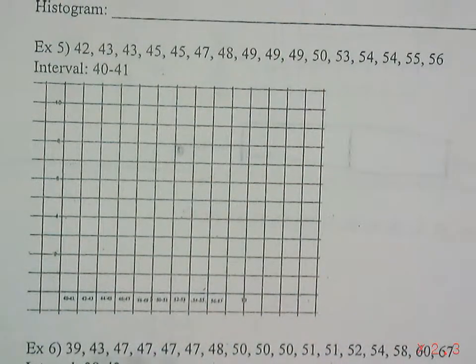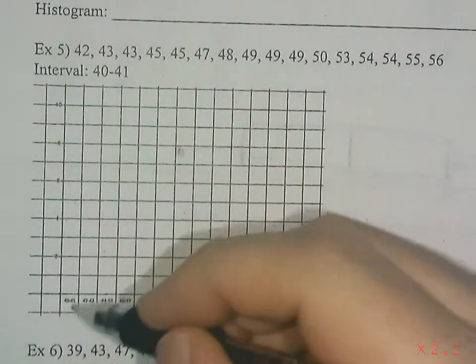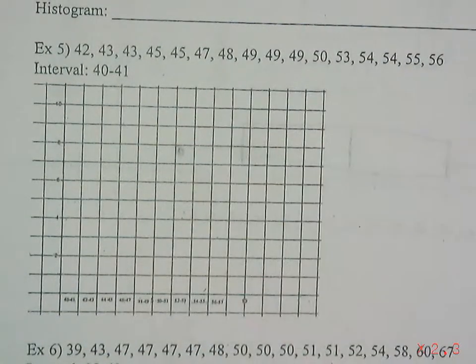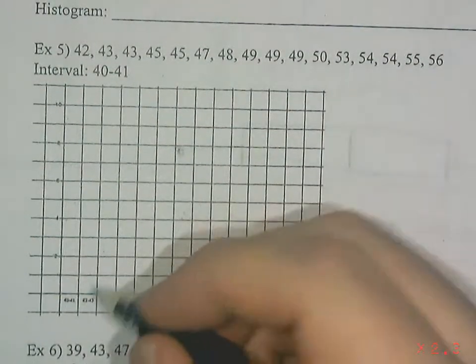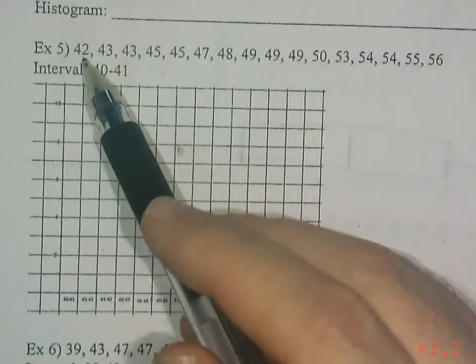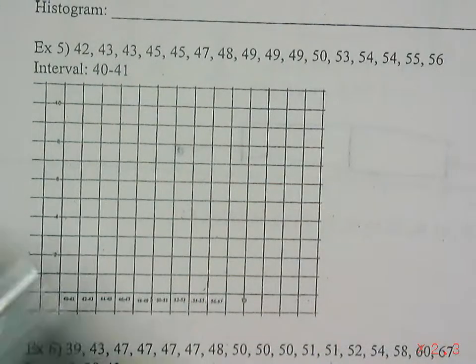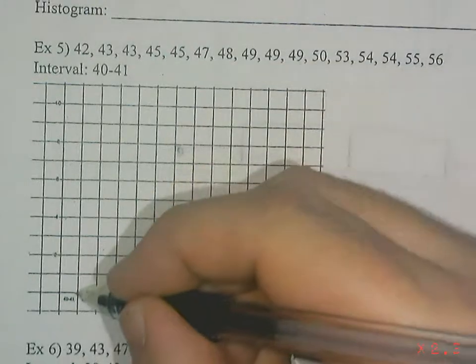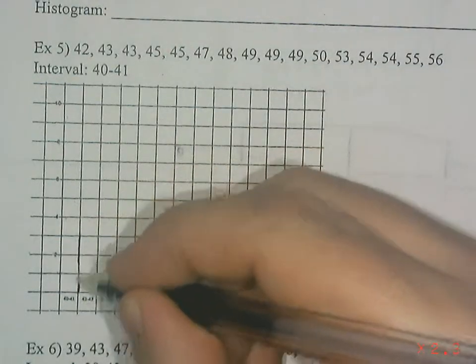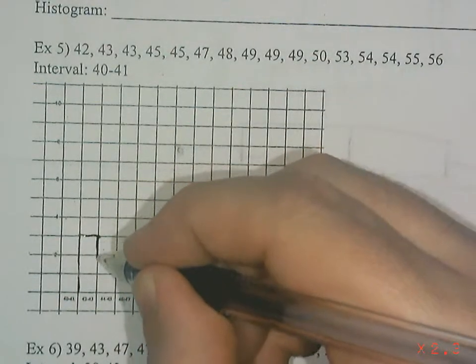So for 40 and 41, there's nothing, so no bar. For 42, 43, there's 1 42 and 2 43s, so altogether there are 3 pieces of data